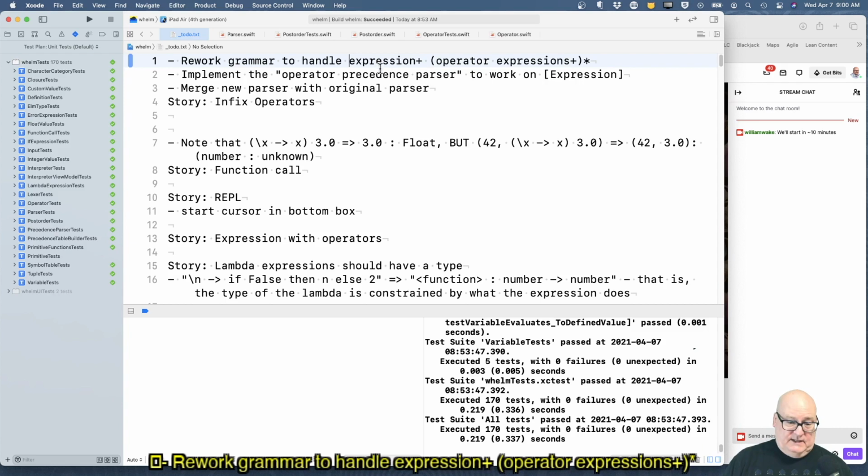We want to extend it so that we can handle that, followed by an operator and one or more expressions, and then that can be repeated any number of times. So 3 plus 4 plus 5 would be handled by this. So would function of 3, 4 plus function of 3, 5. And there's a little complication in that.